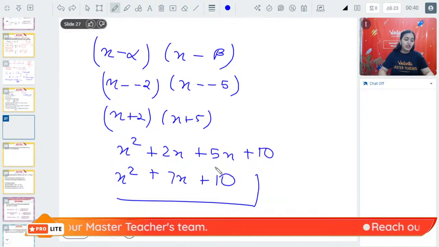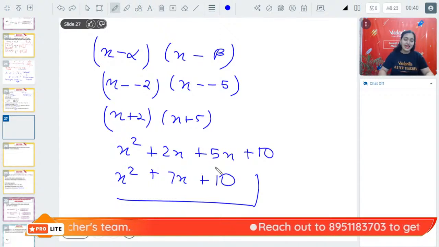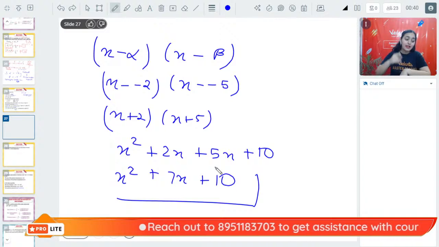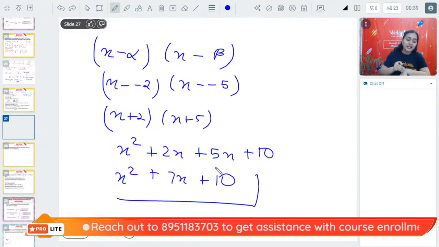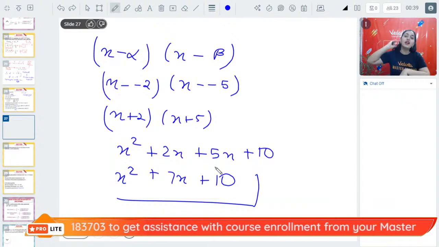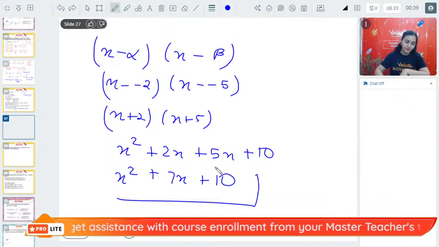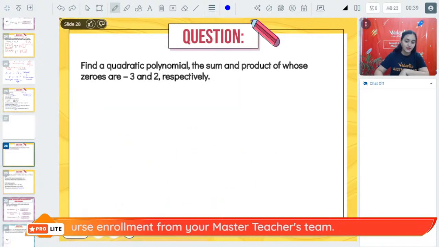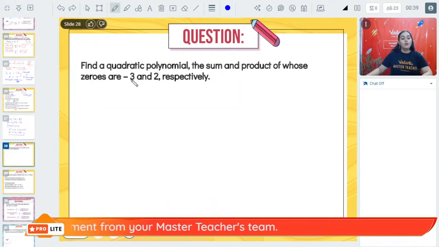Now, Shri Varshini, the class 9th method will be, yes, Michelle. We basically split the middle term, but who gives you the hint of splitting the middle term? The last term. The third term will give you the hint of splitting the middle term. You have learned it in class 9th, right? All of you. Chalo. One more question.